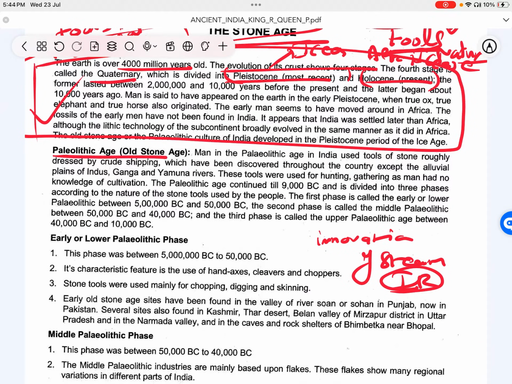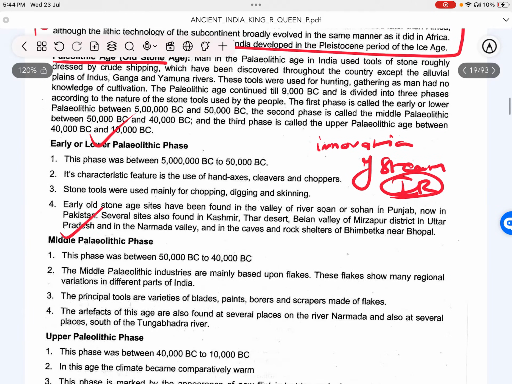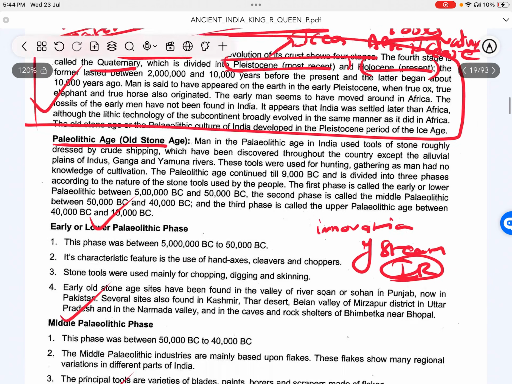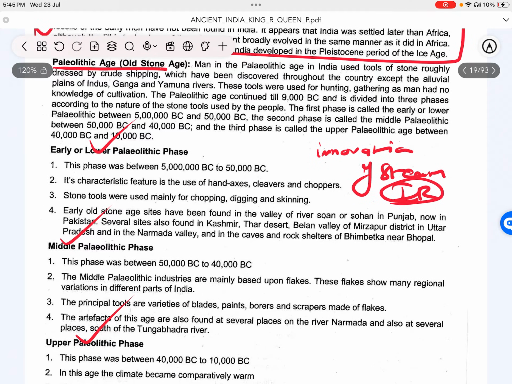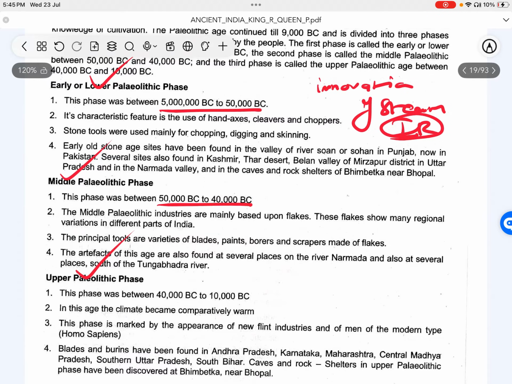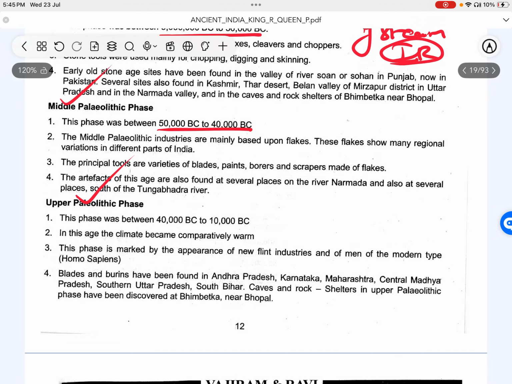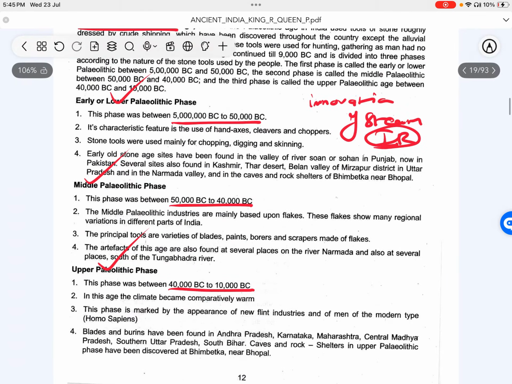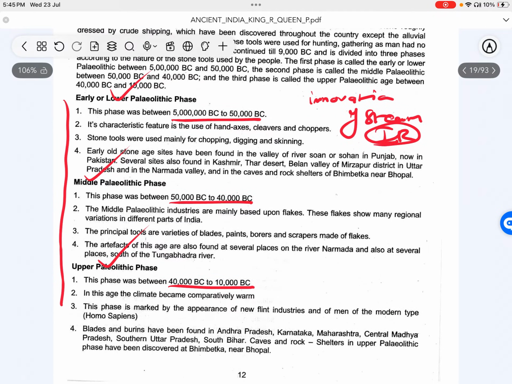Paleolithic means old stone age, and it is divided into lower Paleolithic, middle Paleolithic and upper Paleolithic. The lower Paleolithic is from 5 lakh years BC, before Christ, to 50,000 BC. Middle Paleolithic is 50,000 to 40,000 BC and upper Paleolithic is 40,000 to 10,000 BC. It's a basic thing. The Stone Age is majorly divided into subparts based upon the kind of